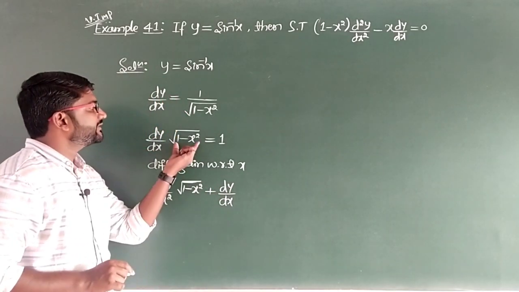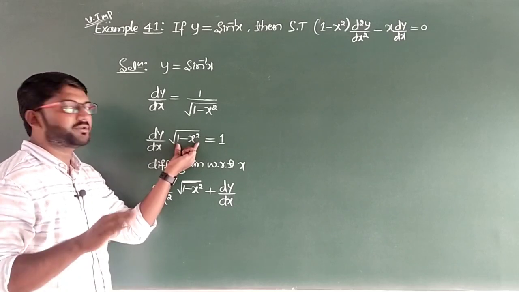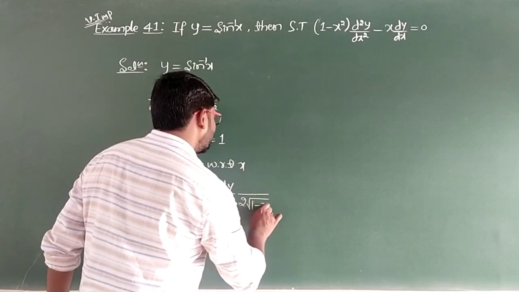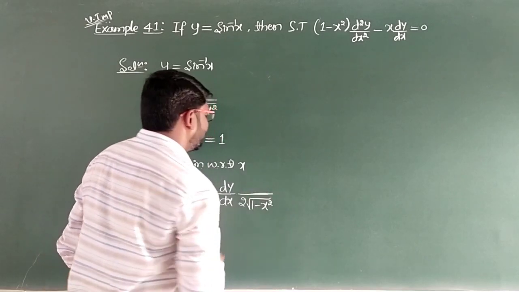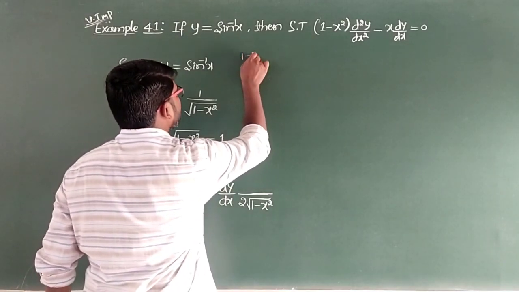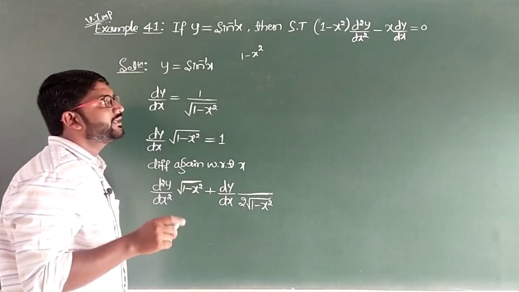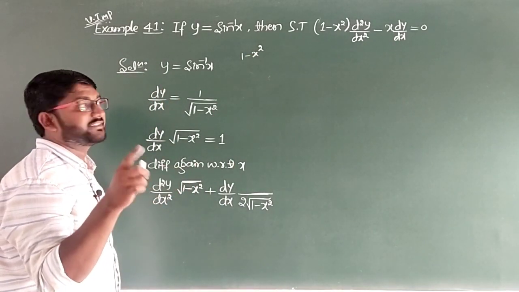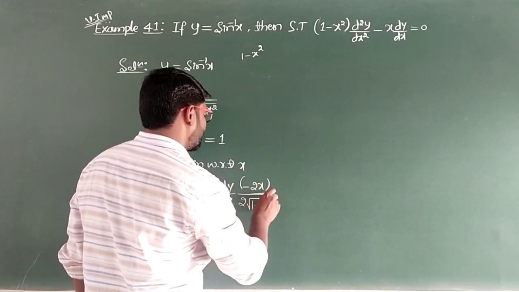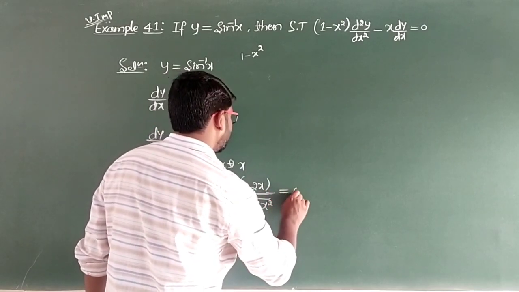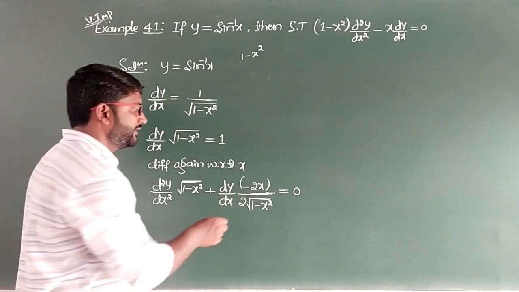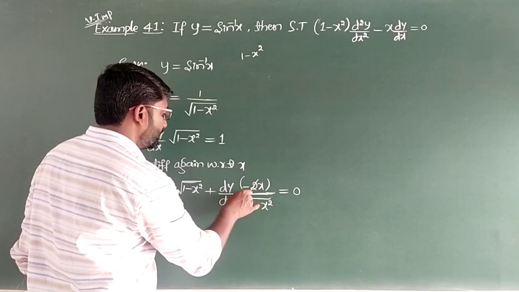Then derivative of the second term. The second term is in the form of root x, and the derivative of root x will be 1 by 2 root x, so 1 by 2 root 1 minus x square. Then derivative of this inside function, derivative of 1 minus x square: derivative of 1 will be 0, then minus derivative of x square, which is 2x, so 0 minus 2x will be minus 2x. Then this is equal to the derivative of 1, which will be 0. So u dash v plus u v dash. So here 2 and 2 cancel.